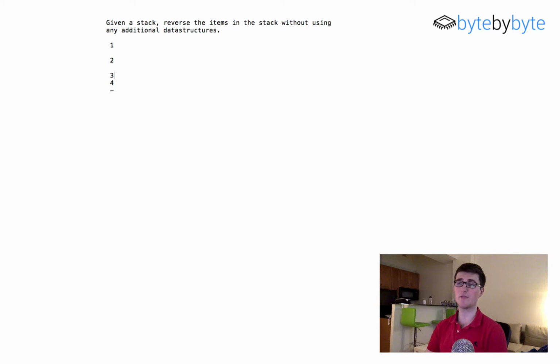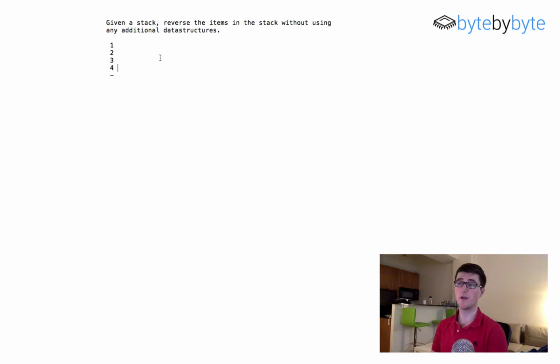So let's imagine if we just traversed this stack and we pushed each element to the bottom of the stack, by doing it recursively. So let's say I start at the top and I just move this 1 to the bottom of the stack. And now all of a sudden I've sort of made progress in reversing this. But now when I get to the 2, I would want to push the 2 to this second space, and that's not going to be so easy to do. So maybe instead we could traverse the stack in reverse order and push them to the